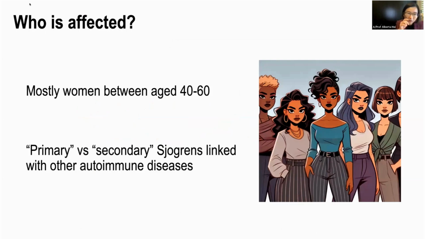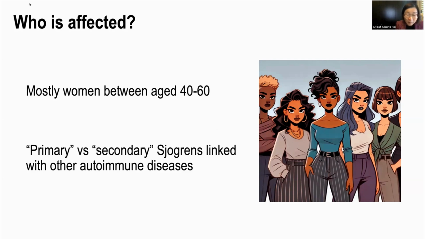So who's affected? Similar to lupus, it has a very high female to male ratio. Most of the patients affected are women between about age 40 to 60s. It is among one of those many autoimmune conditions I mentioned before, and often